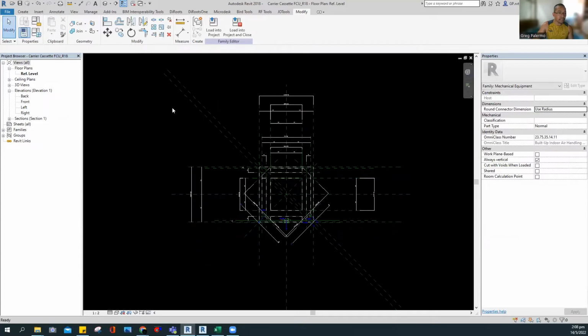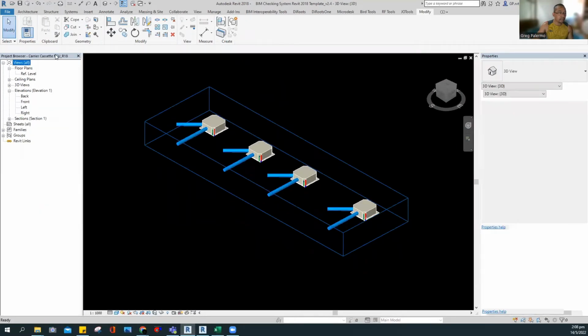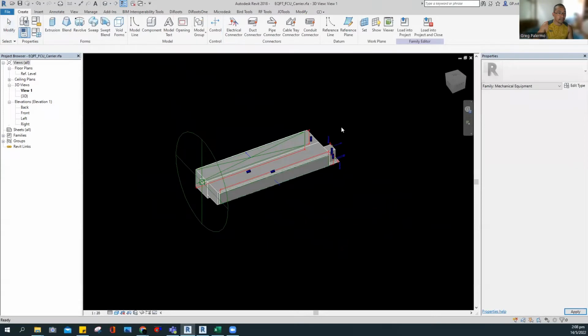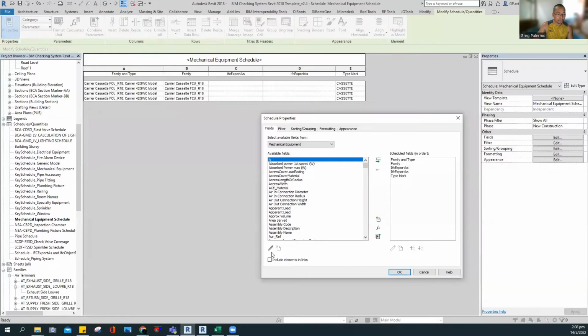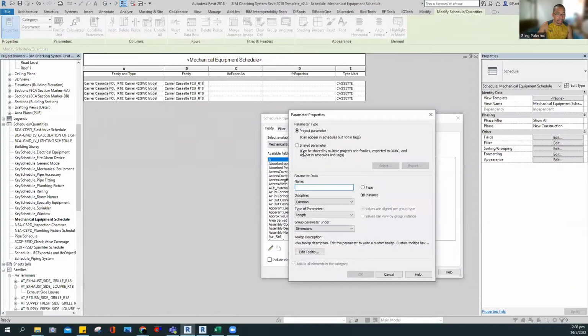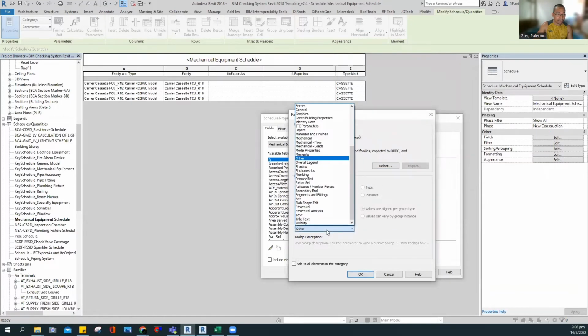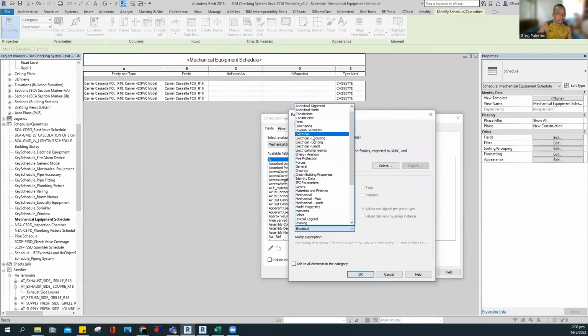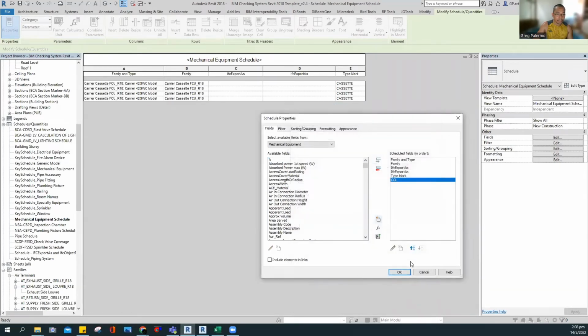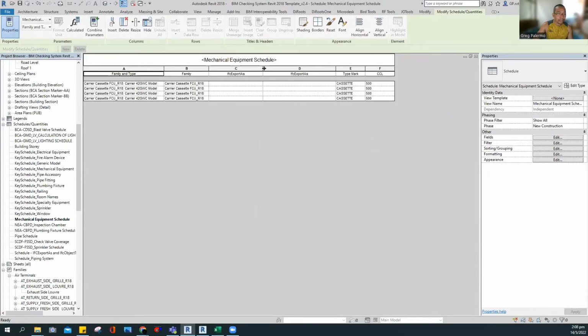So in the schedule, here's the schedule. This one. So we add here new parameter. Shared parameter. Select CCL. Okay. Place also electrical. Okay. CCL. Okay. So we have now the cooling capacity here. So